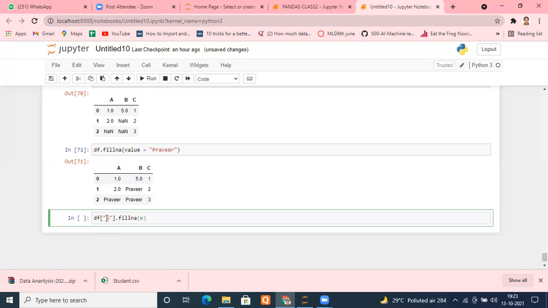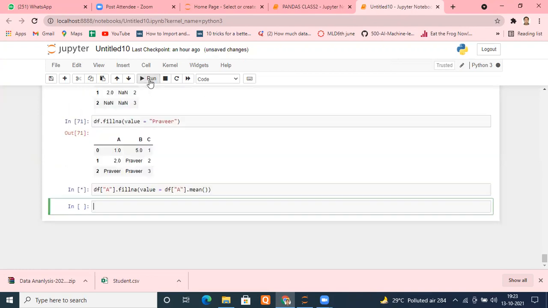Now value, same thing, value equals to, suppose I want to put the mean value of column A. So how can I do it? Again, df bracket A, anything you can put in here. Suppose you want to put the mean value of B in the A. You can do that. Instead of A, put B here, and df.mean. It will calculate the mean or average value of A, and substitute where the NA is.